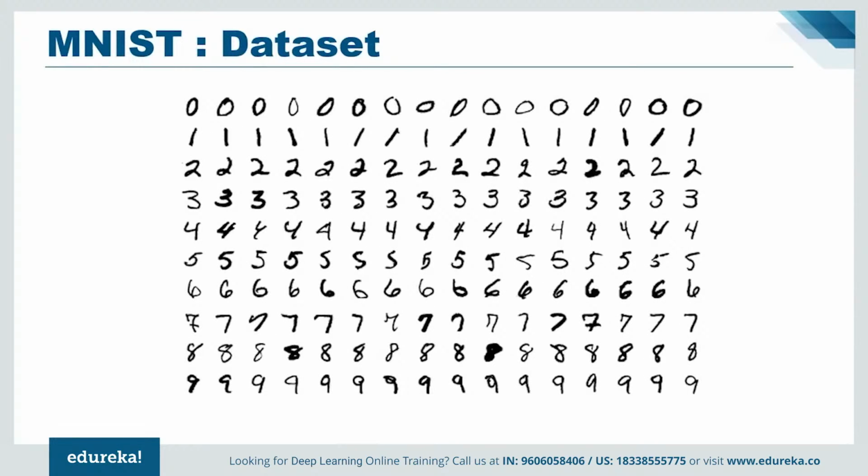Now, the MNIST dataset is a very popular dataset which consists of around 60,000 training samples and 10,000 testing samples of handwritten digits. The task here is to train a model which can accurately identify the digits present in the image. To solve this use case, a deep network will be created with multiple hidden layers to process all the 60,000 images pixel by pixel. And finally, we will receive an output. The output layer will be an array with index 0 to 9, where each index corresponds to the respective digit. Index 0 contains the probability of 0 being the digit present in the output image.